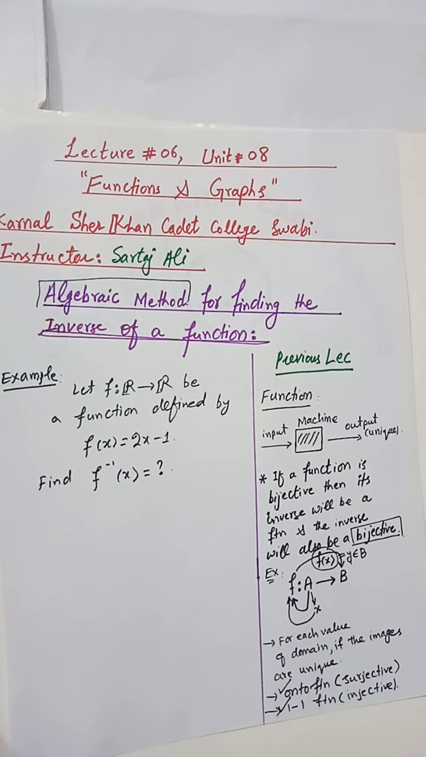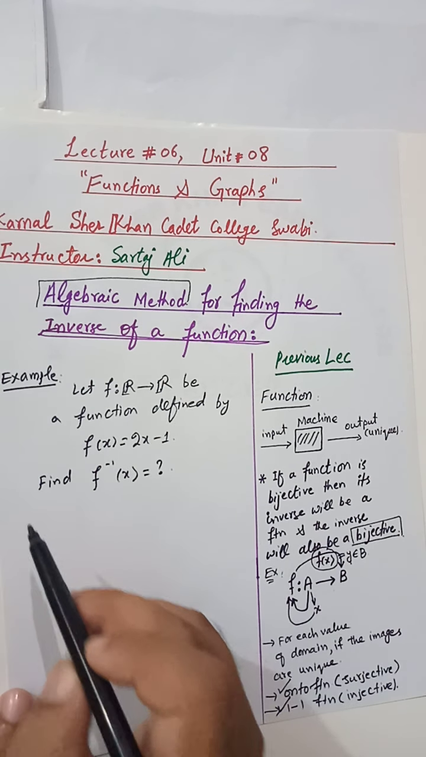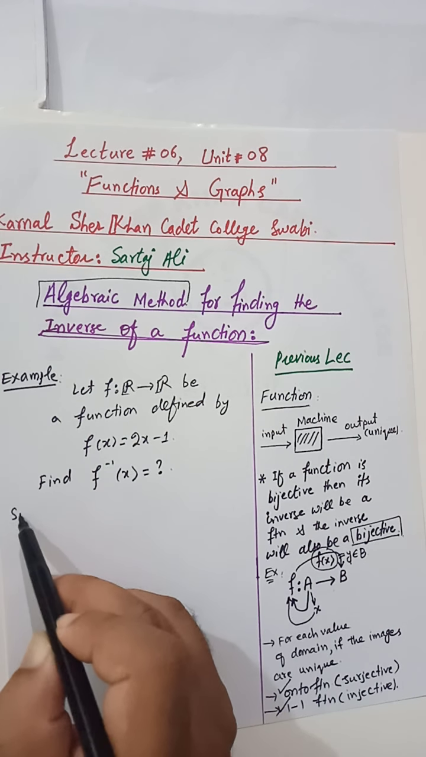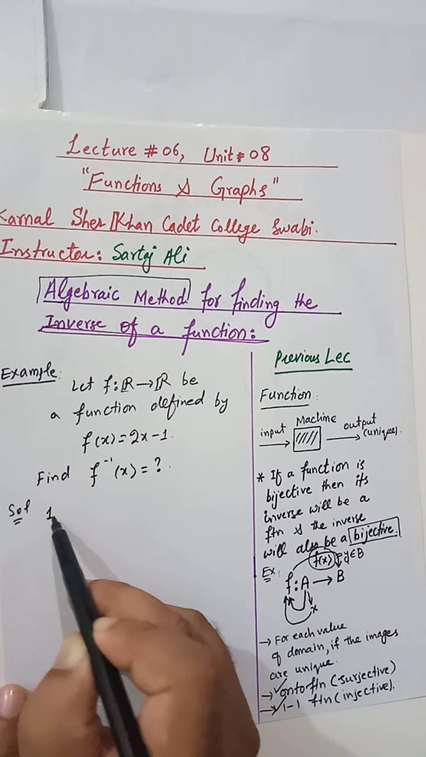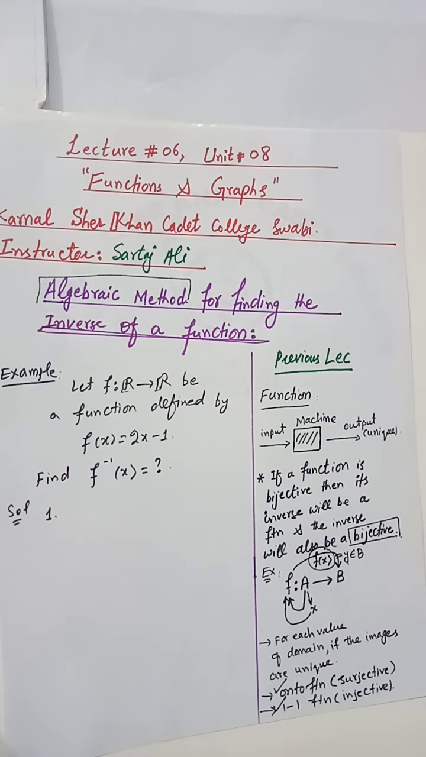This is the notation for the inverse. So in step number 1, how you can find, there are 5 steps. Step number 1, you already know that